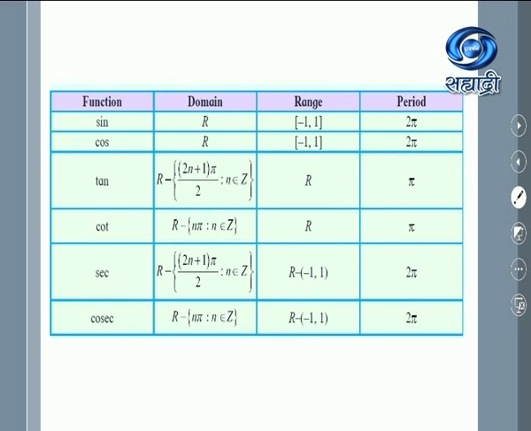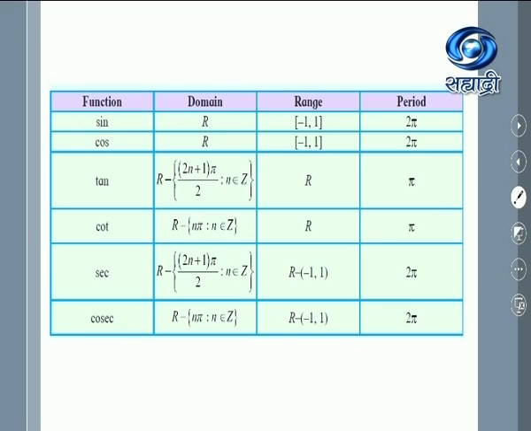Okay, what is the domain of the function? This you are done. We'll take the rapid revision on this. For sine function, the domain is the set of reals and the range is the closed interval -1 to 1. Means angle may be anything. Theta is any real number, then sine of that real number always takes the values from -1 to +1. That is the meaning, domain and the range.